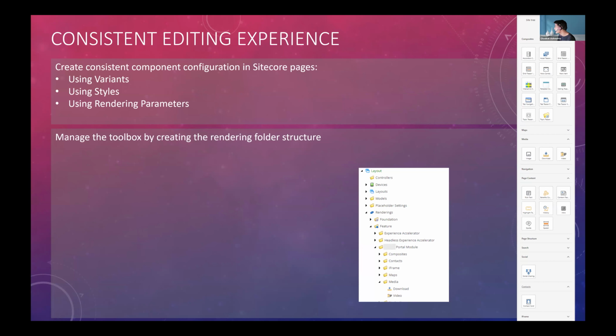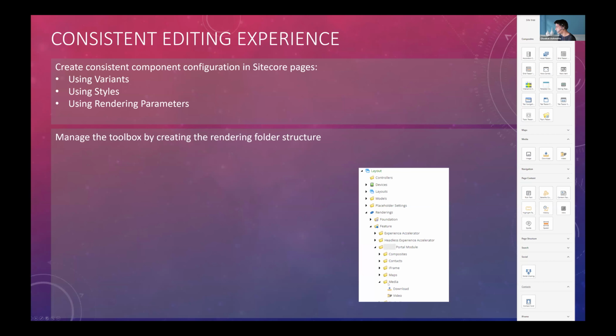The second topic is about organizing your toolbox. The toolbox that you have in the components tab in the Sitecore pages is based on the rendering folder structure in the content editor.